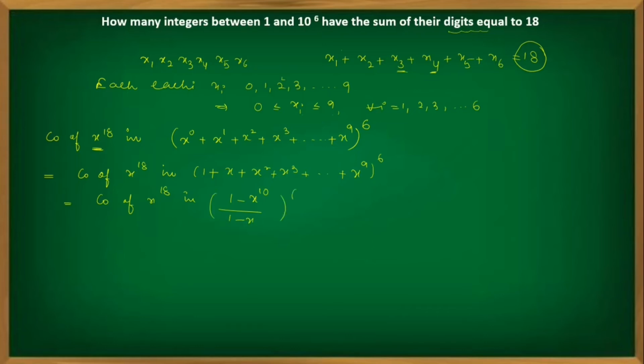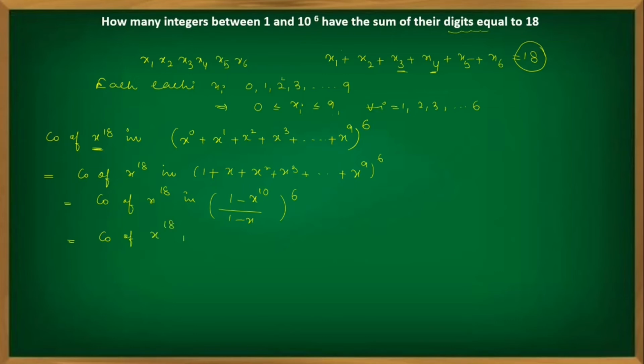I hope you know how I wrote this using a geometric progression. What is the formula for geometric progression? The sum of n terms is Sn equals a into (1 minus r to the power of n) by (1 minus r). Here r I used the common ratio x, right? And how many terms are there? 10 terms are there, right? So that's why I wrote x to the power of 10 by 1 minus x. Right, now you see.